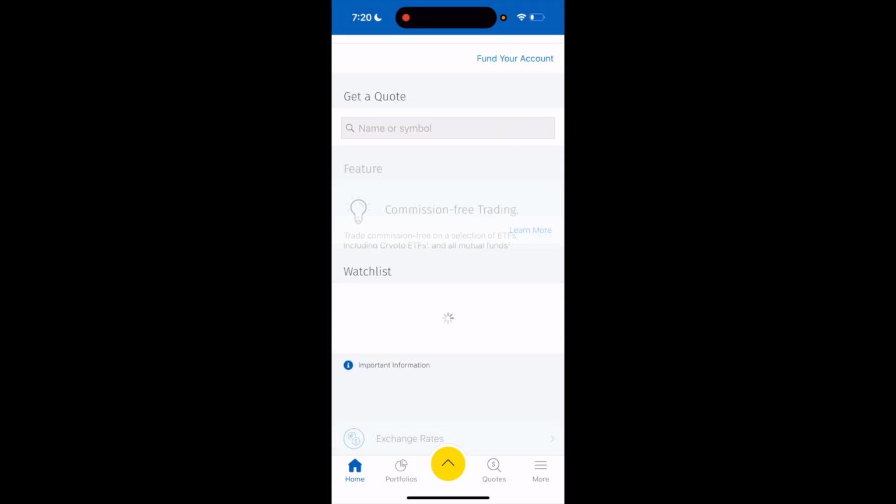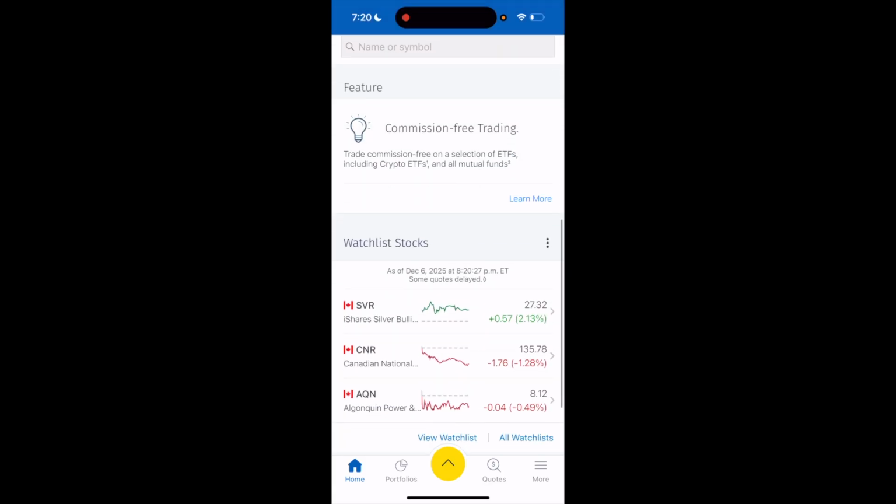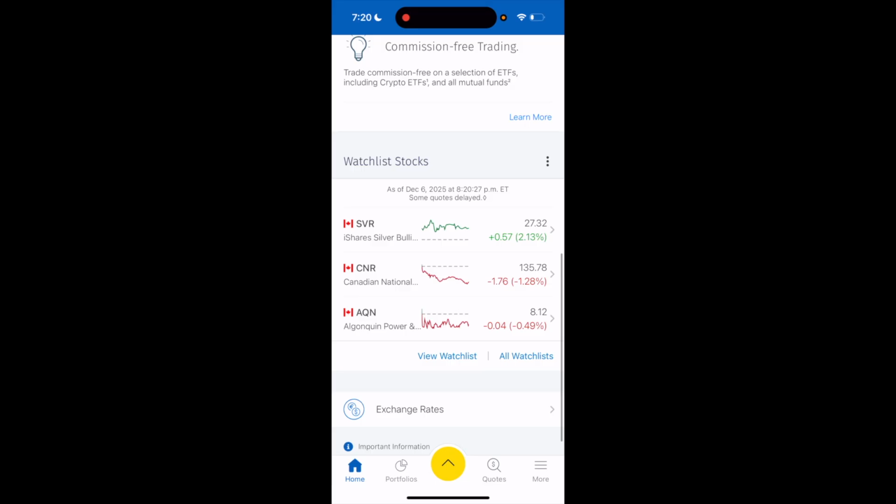So if I were to go back to the home screen, and I were to scroll down, under watch list stocks right here, it is no longer part of it. So very simple process, very straightforward. That is how to remove a stock from your watch list here